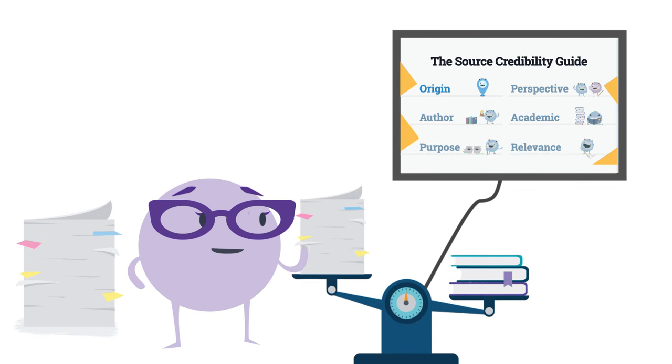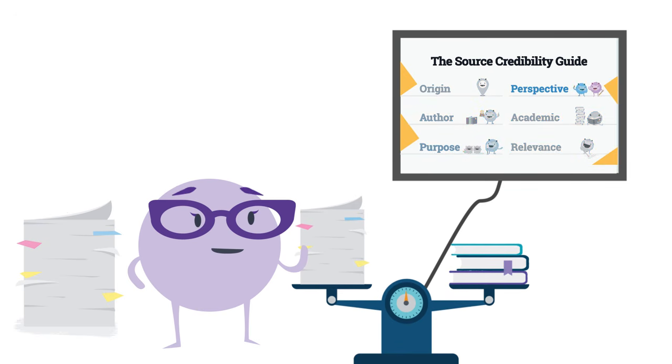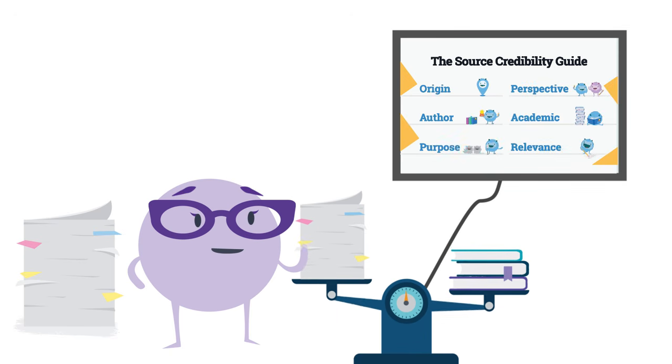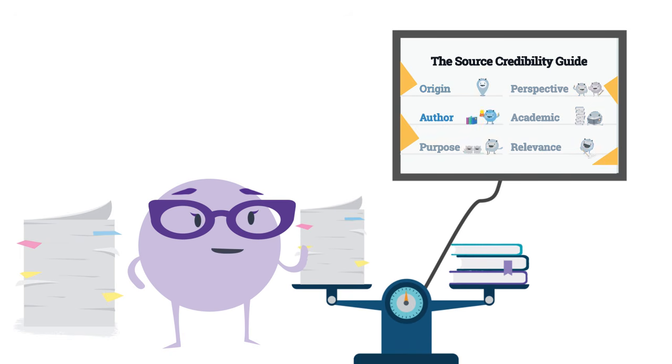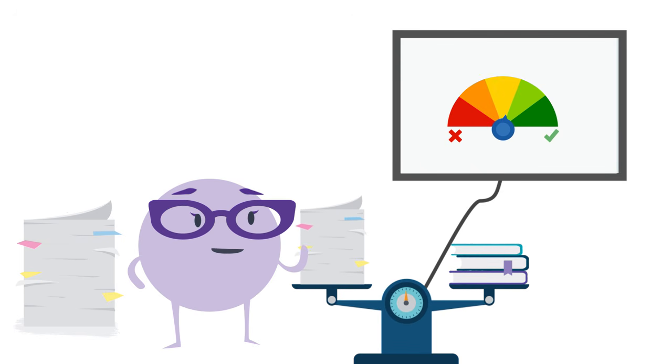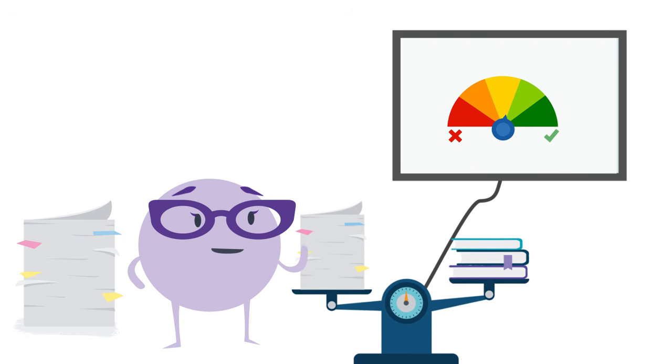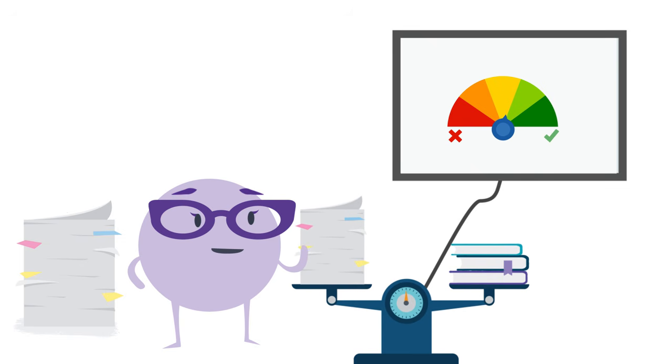A great way to practice this skill is by choosing a source and analyzing it at each step. Go ahead and give it a try. Select a source and take a look at the guide. Ask yourself the proposed questions for each category to decide how that source ranks in credibility. The video lessons can help explain the categories in detail, but the guide can always be used as a reference